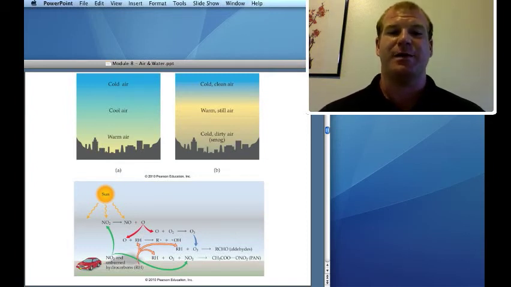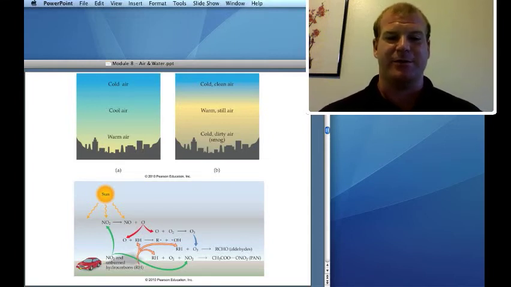So if there's warm air above cold air, that's a problem because convection won't work, and all the pollution that one generates, one gets stuck with. And certain areas of the country have temperature inversion problems. Los Angeles is one. Another area like Mexico City is another one. And then in those areas, smog can form from sunlight, nitrogen dioxide, and volatile organic compounds.